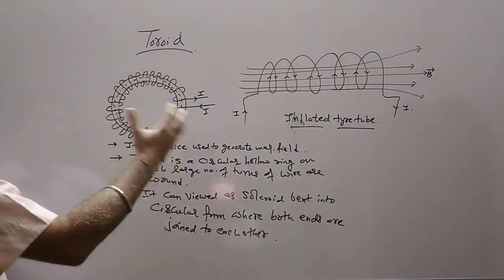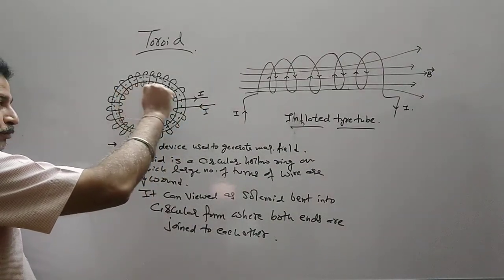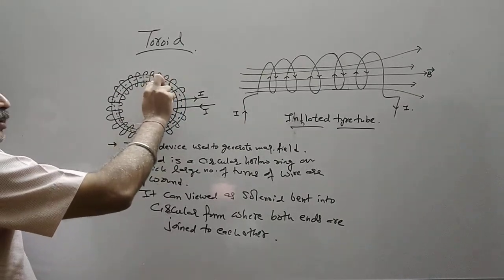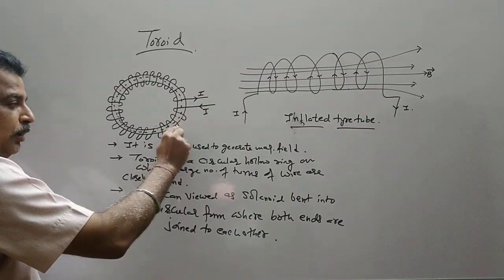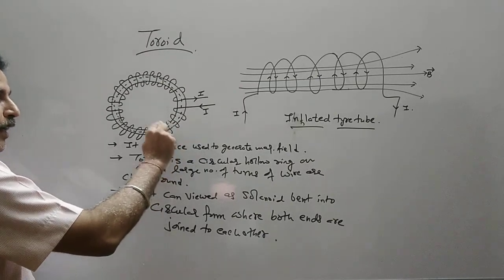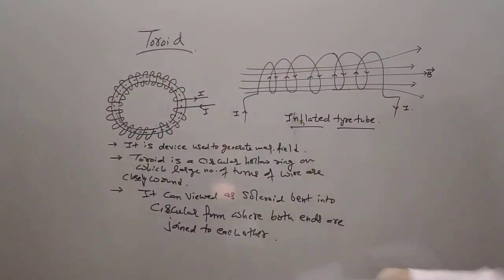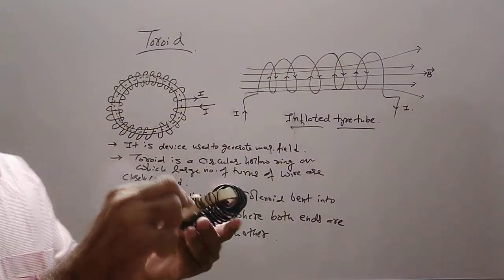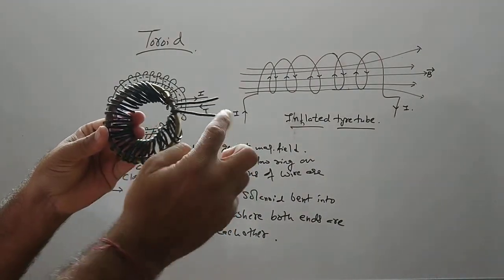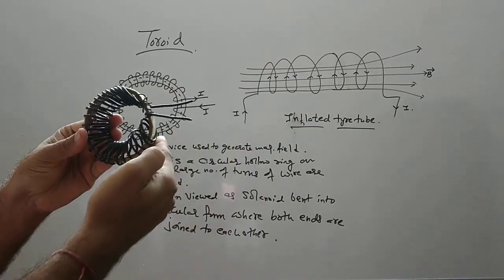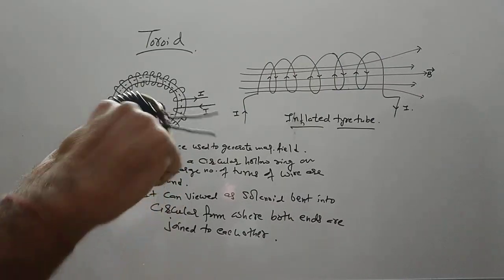So clearly we will see that the current is going inward for all this portion of the loop and it will be coming out. So current will flow like this. So here it is coming out, then going in, coming out, going in. Or you can make a toroid like this to see or to understand the direction. So here if I take that the current is going inward from this, it will come out, then it will go in. Then in the second circular ring it will come out, it will go in.